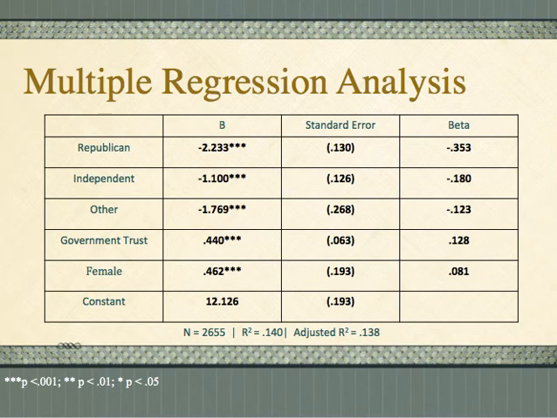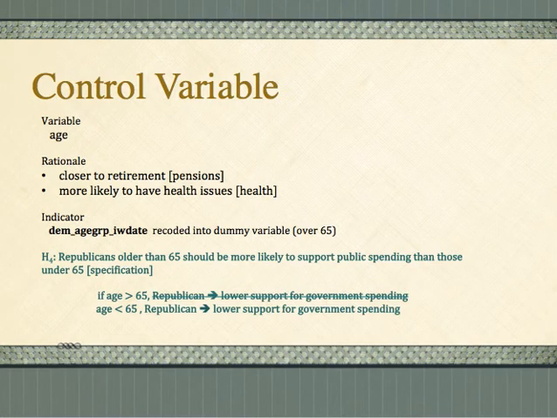In this case, they show the same strong negative relationship we've been seeing from the correlation matrix between republicanism and support for spending, and the same weak relationships for the other variables. So the regression analysis basically confirms the findings of the correlation. The tolerance scores for all the variables are above 0.7, so collinearity is not a problem. Adjusted R-square is 0.138, telling us that this regression explains about 14% of the variation in support for public expenditure altogether.